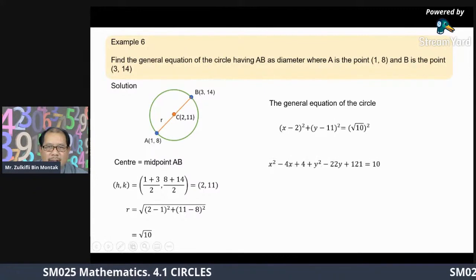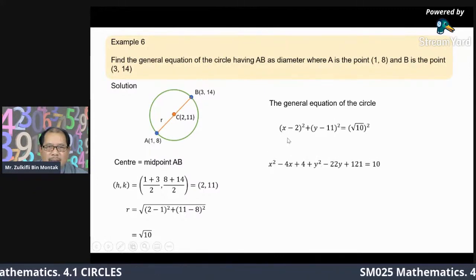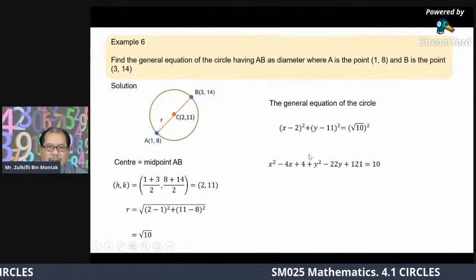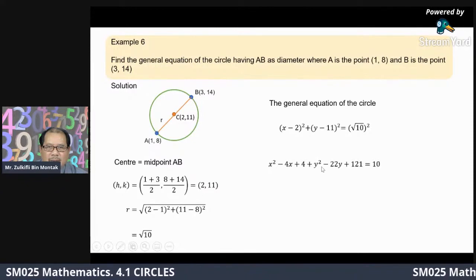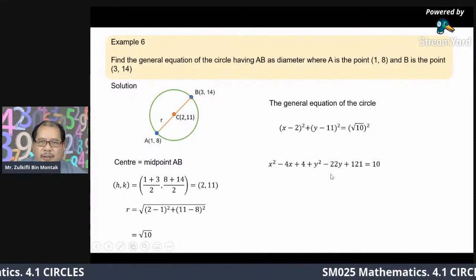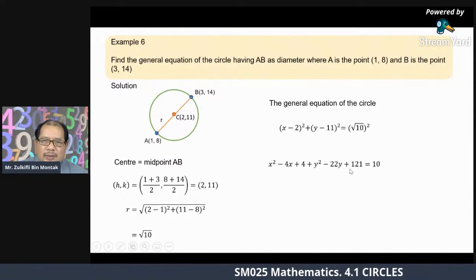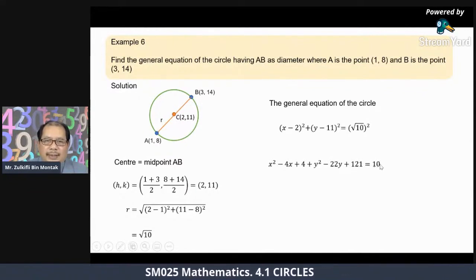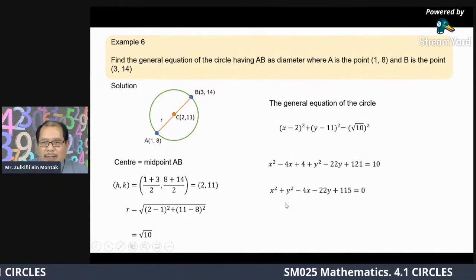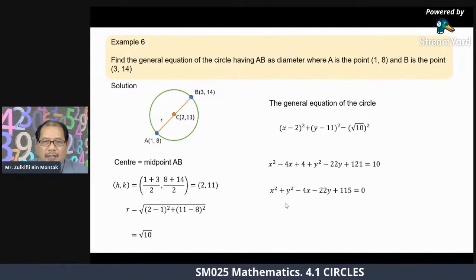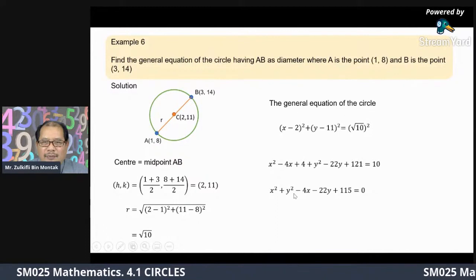Then I expand here: I get x squared minus 4x plus 4, and for y, y minus 11 squared expands to y squared minus 22y plus 121 equal to 10. Then I arrange: x squared plus y squared minus 4x minus 22y plus 115 equal